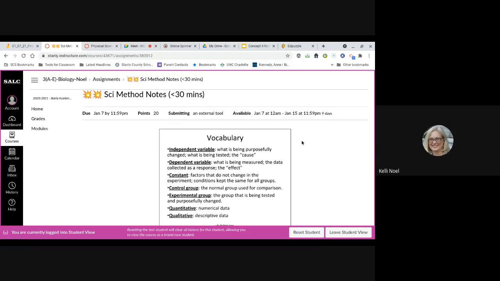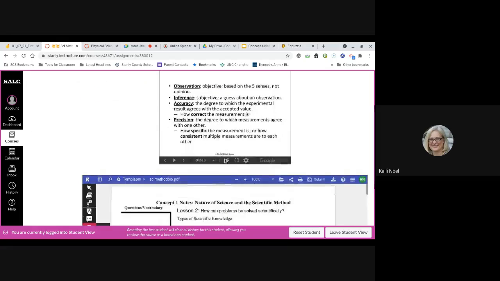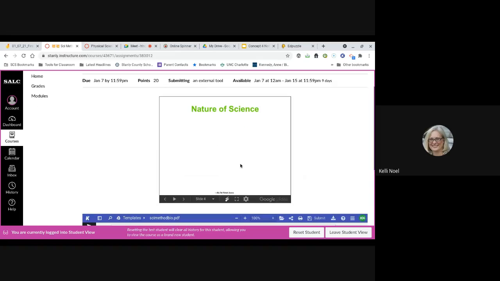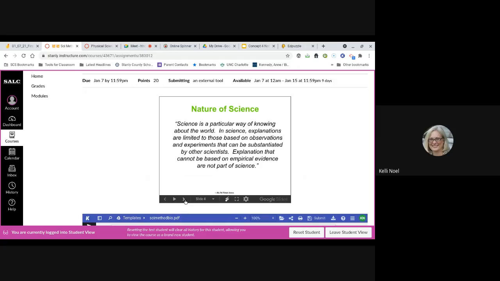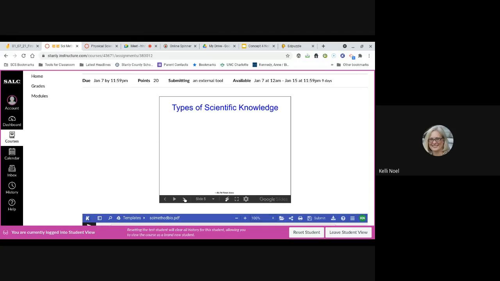All right, so if you've had me for physical science in the past, this is almost identical information. But basically, science is how we know the world. It's based on observations. We do experiments. We draw inferences. We want empirical evidence. It can't be based on anything but empirical evidence. We've got to have some type of data to back it up. And a lot of people are publishing stuff that doesn't have accurate or reliable data, so it gets people confused. So we talk about facts, and these are objective,